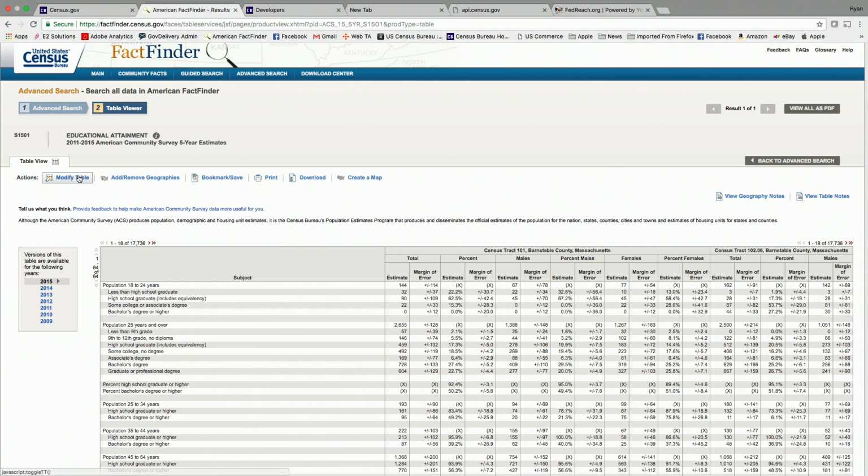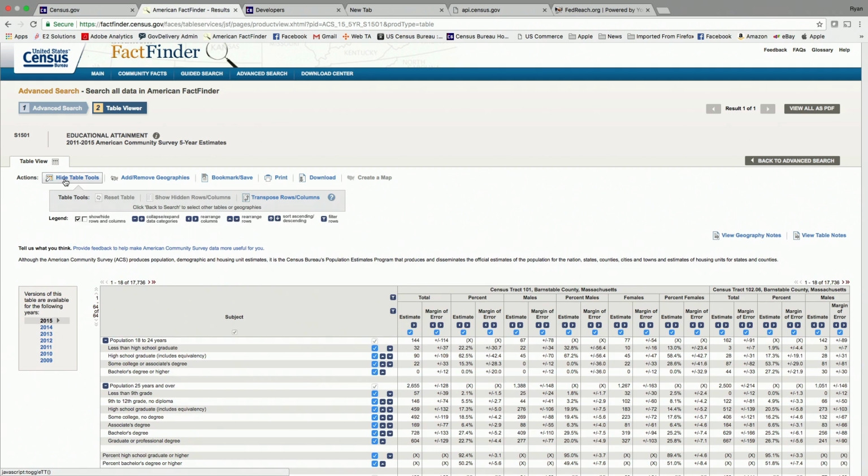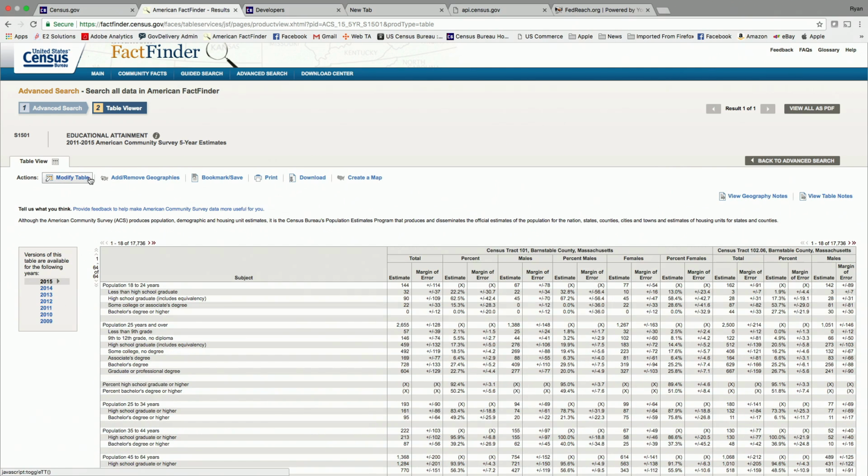So what we can do here is a couple different ways. One of the frustrations with FactFinder is the way people see it. And if you anticipate this screen being your solution, then it's frustrating. And that's what people have expressed to us. But in reality, change that thinking just a little bit. It's more of an extraction point. And once you kind of get your mind around that, FactFinder is actually not that bad. I'm not just saying that because I'm a census guy. I'm saying that because I use it all the time. So we can download from here, and that's a